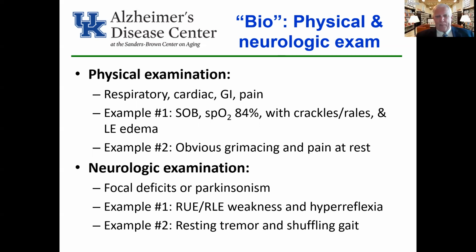We might see as example two, somebody who comes in with no diagnosis of Parkinson's, but we note that they have a resting tremor and a shuffling gait with a masked face. And we recognize there is an underlying alpha-synucleinopathy, a Parkinsonian disorder that may be related to any cognitive decline seen